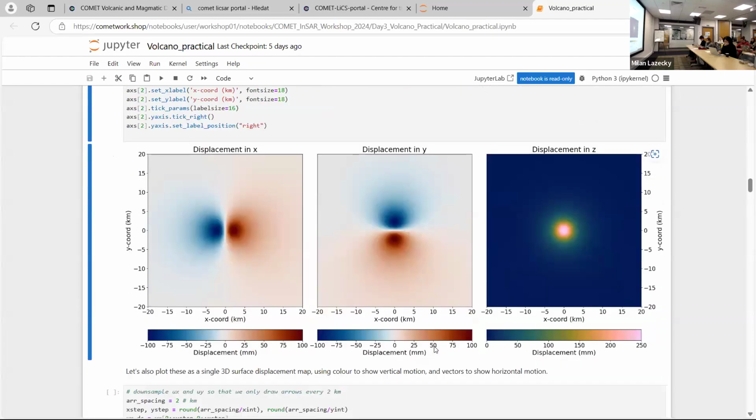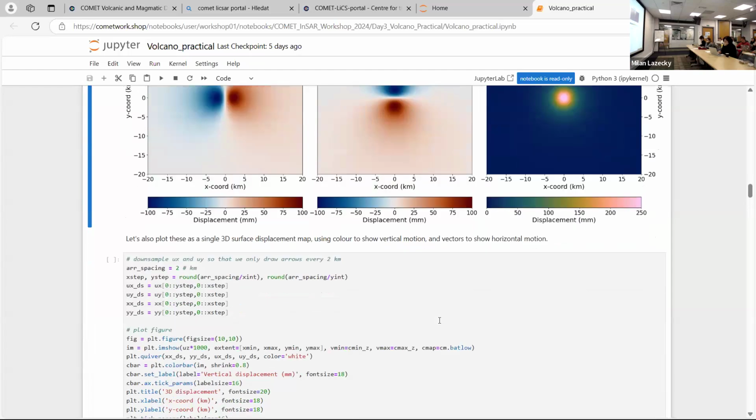What you have here is the displacement in the X direction. You've got an expanding surface, creating a little dome here. This is in the X direction, the Y direction, and then this is the overall magnitude from the surface.